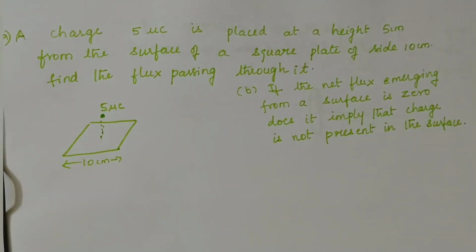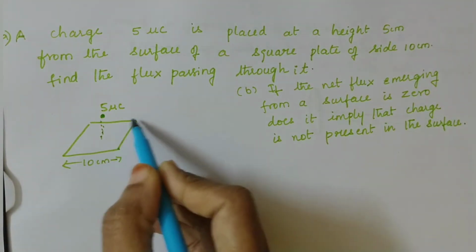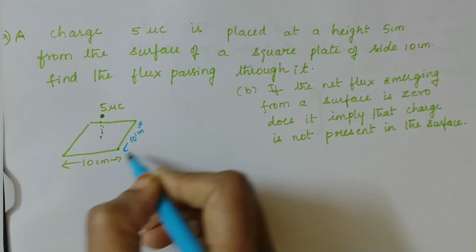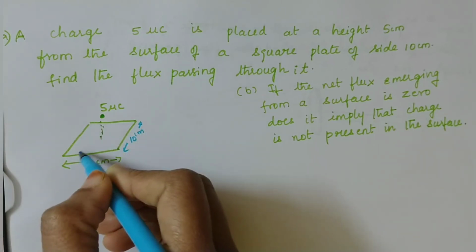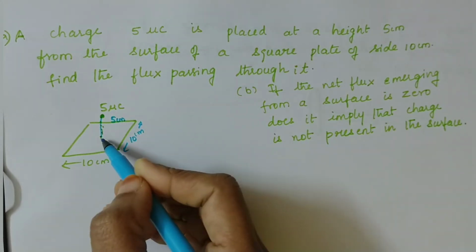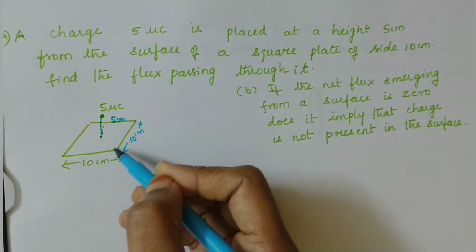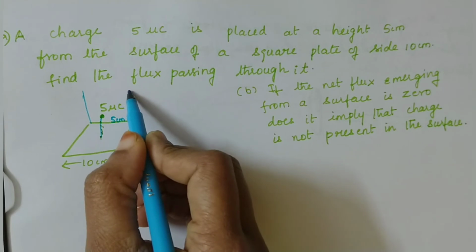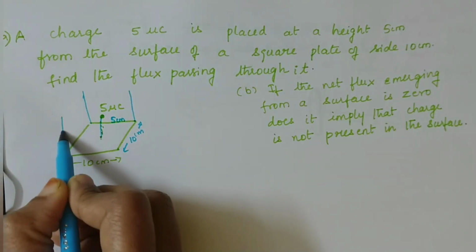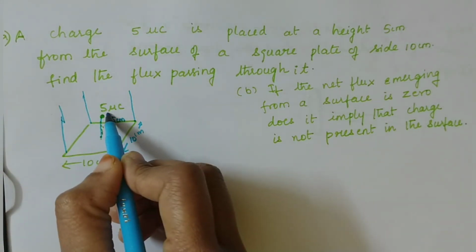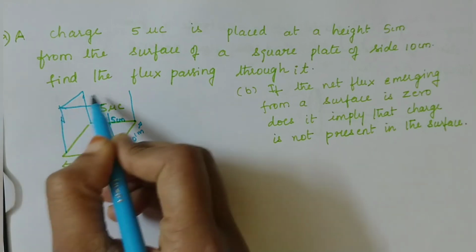Look at this question. This is an NCERT question. Okay, it is given that a charge of 5 coulomb is above a square plate whose side is 10 centimeter and you need to find the flux passing through this particular surface, and the height of the charge is given as 5 centimeter. That means the charge is 5 centimeter above the square plate. Now for solving this question, just like the previous one, the one which I told you for a cone, you construct a cube whose side is 10 centimeter.